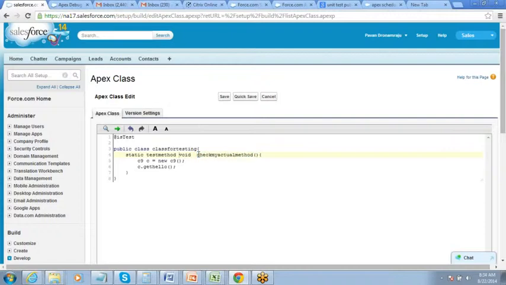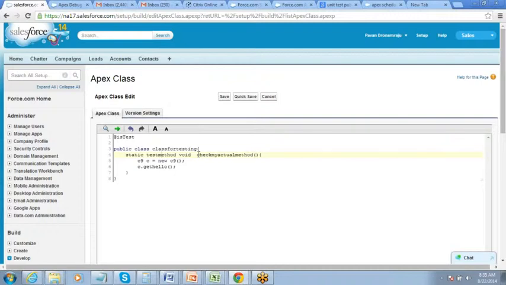So a test method should always have this testMethod keyword there. So Salesforce understands whether it's a test method or an actual method. So when you try to test something, your test method gets executed, not the actual methods, right? Now in the test method, you will have to define all the actions that are happening in the actual method. The only difference is that the test method will be run on dummy data. Test methods do not commit any data to the database. They do not perform any action. They just check things.